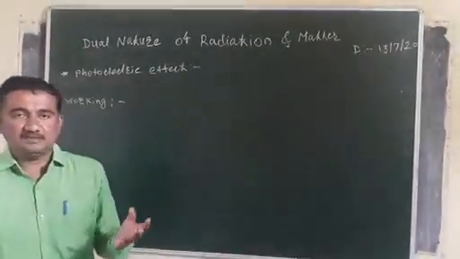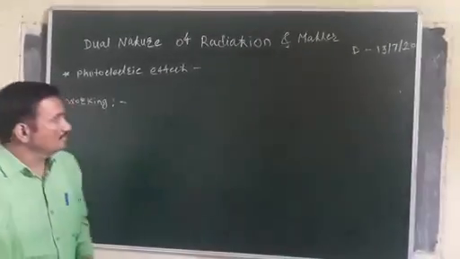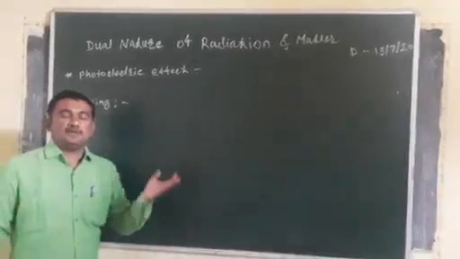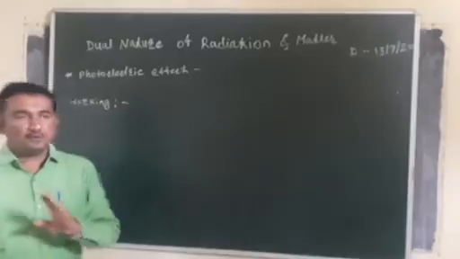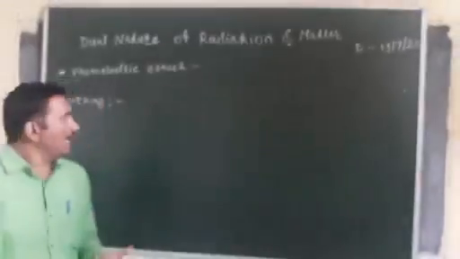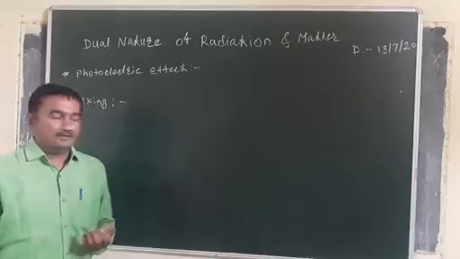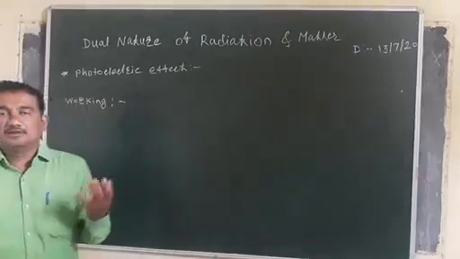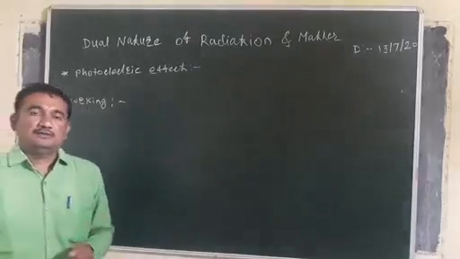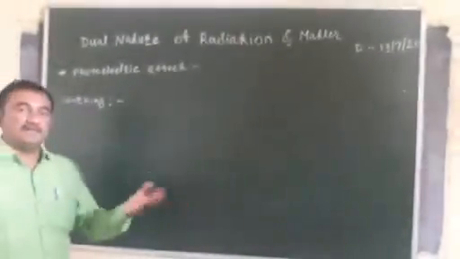When no light is incident from the quartz window on the emitter plate B, then no electrons are emitted from the emitter plate B. Therefore, there is no flow of photoelectric current through the circuit. But as the light falls on the emitter plate B, photoelectrons are emitted from plate B, which are accelerated toward the plate A, which are collected by the plate A.